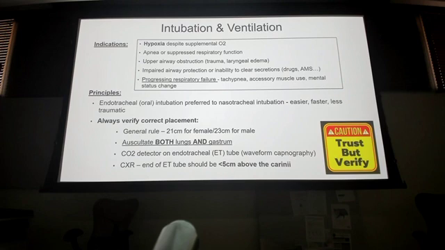So we determine what type of intubation we're going to do. Endotracheal is either going to be a crash, RSI, or deliberate. Then part of our plan is what equipment we're going to use. So we verify our placement after we pass that tube. Twenty-one centimeters for females, 23 for males. What is that telling you?